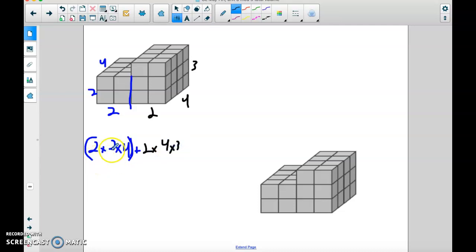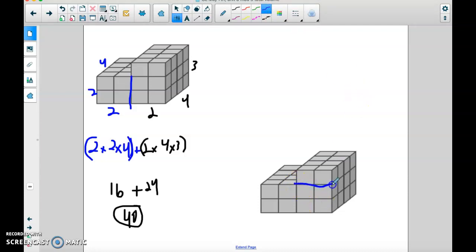And then 2 times 2 times 4 would be 16, right? 2 times 2 is 4 times 4 is 16. Oops, I forgot my parentheses here. And then 2 times 4 is 8 times 3 is 24. So then 16 plus 24 would be equal to 40. So volume there's 40. Now the other way I thought about solving it